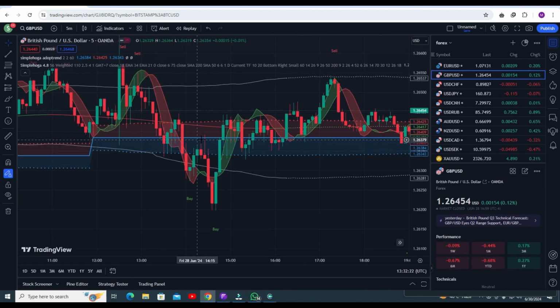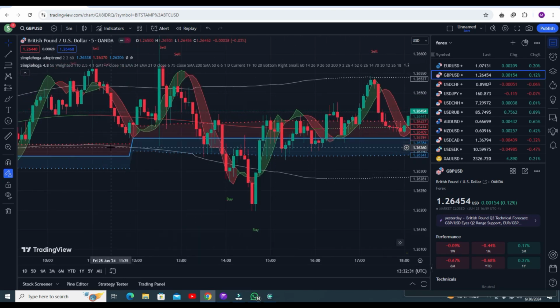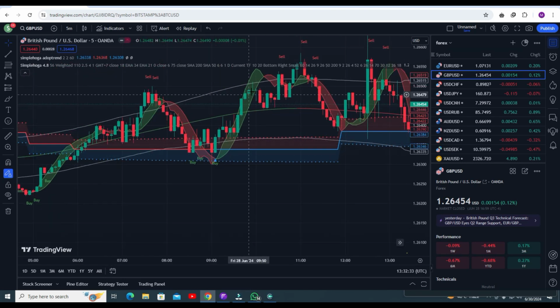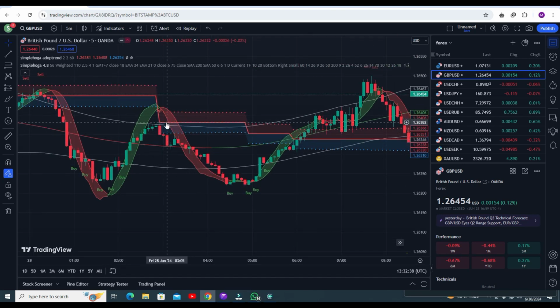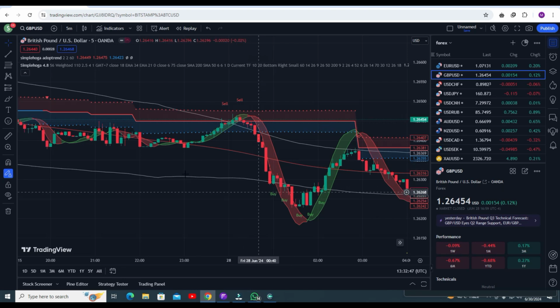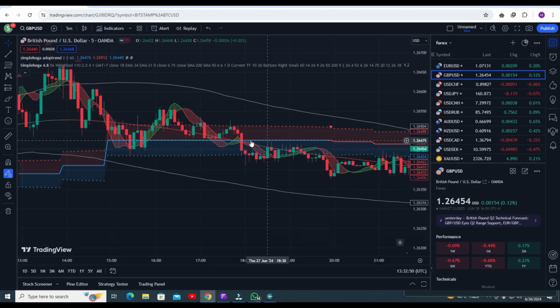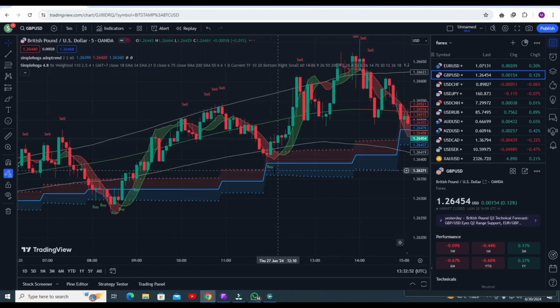Like here you can see the adaptive line is blue, you have to go for the buy trade. You can book your profit here. Now the previous buy trade, you get some awesome profit here. Now the adaptive line is green and above the middle line, that means you have a strong sell area. You can go for the sell trade, book your profit, sell trade, book your profit, and this is the buy one. Buy line means a buy trade, and profitable.